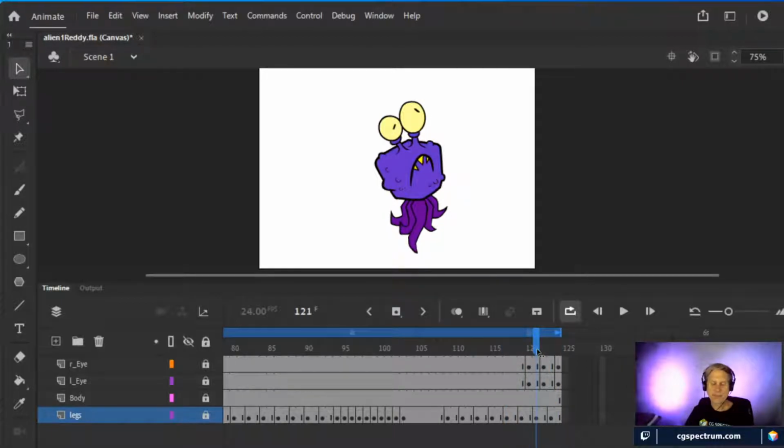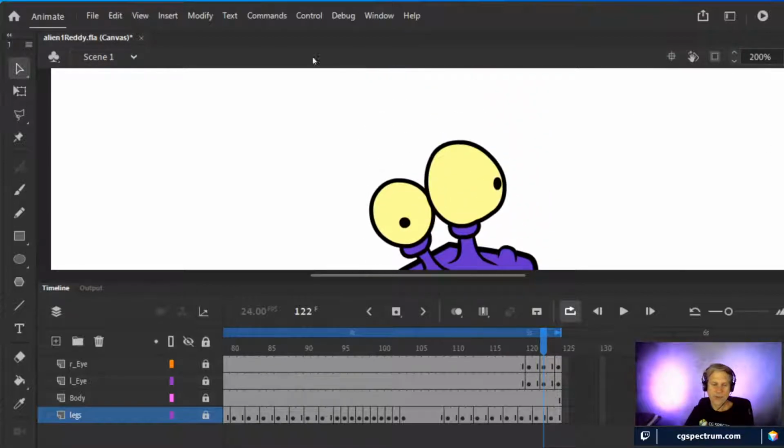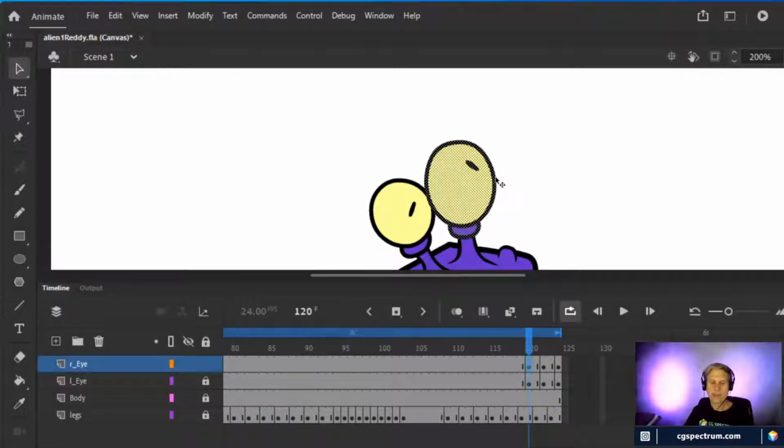But everything was done by copying and pasting and then pulling on the edges of the individual pieces of the eye. So for example, if I unlock it and grab one of the eyes, I can just pull on the eye like that, and I can make it do anything I want, and then lock that in with a frame, and then go on to the next frame and do the same thing. And by animating that way, I got the zippy look that I wanted. So there you can see.